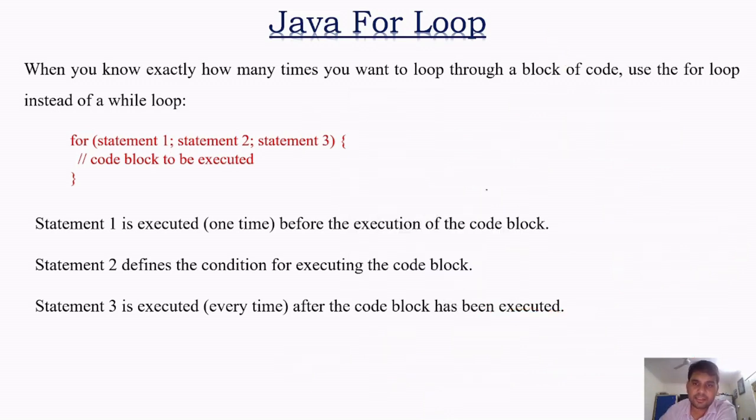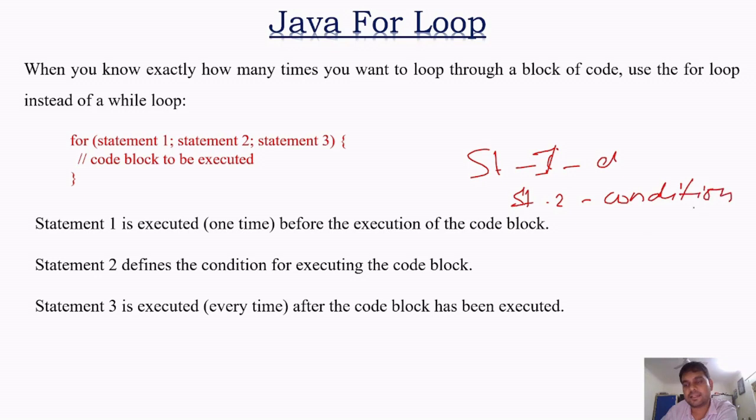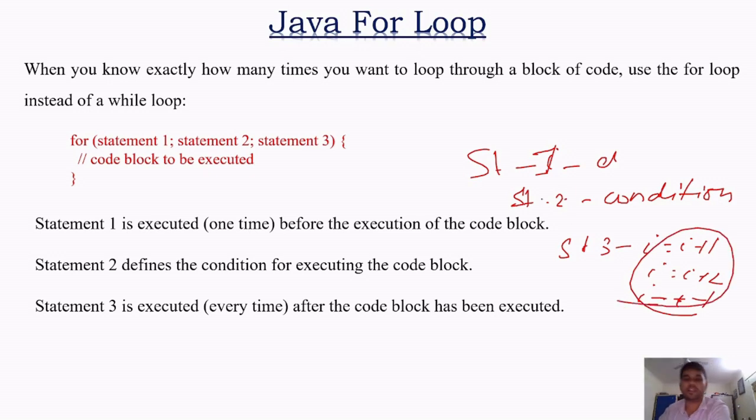one thing here कि स्टेटमेंट 1 में रहेगा डिक्लेरेशन ऑफ द वेरिएबल, मीन्स हम लोग 0 से स्टार्ट करना है या 1 से स्टार्ट करना है या कहाँ से स्टार्ट करना है। स्टेटमेंट 2 में हमारा कंडीशन रहेगा, कंडीशन क्या रहेगा, less than, greater than. और स्टेटमेंट 3 में how many times, means at what speed you are going to print the values, whether i is equal to i + 1 या i is equal to i + 2 या i is equal to i - 1, ये जो है ये स्टेटमेंट 3 में रहेगा।